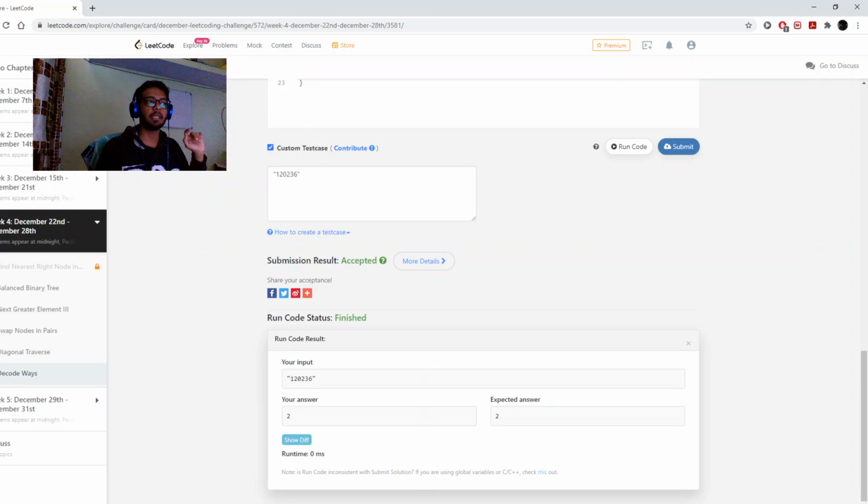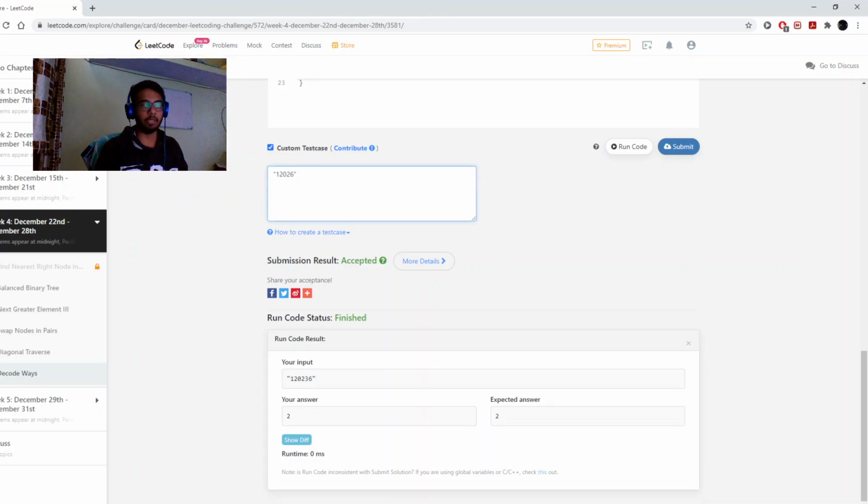So how many ways are there? First you can say there is one way. 1 can be taken as 1, 20 can be taken as this, then 2, 3, all the rest alone. Then 1 can be taken alone, because you can't take 1 and 2, because 2 and 0 are just one digit. You can't separate both of them, because 0 can't stand in front of anything. So the other way is 1, 20, then there is 23, and then there is 6. There is no other way, because 36 is not valid.